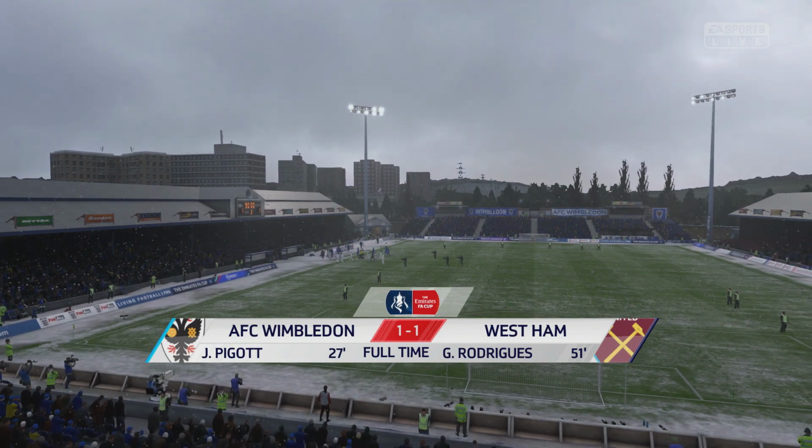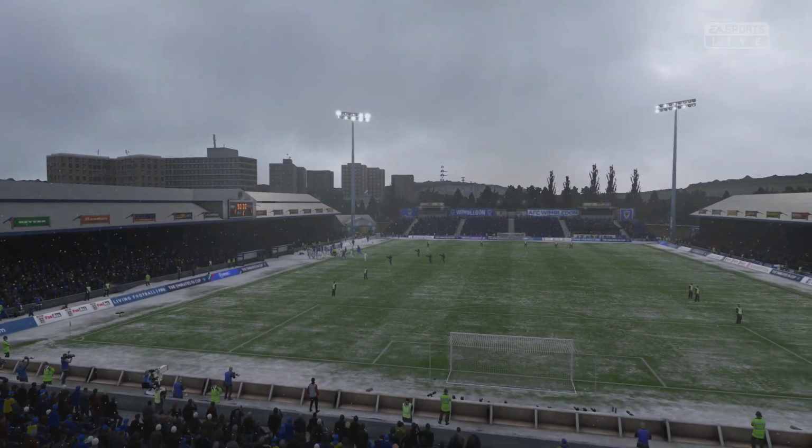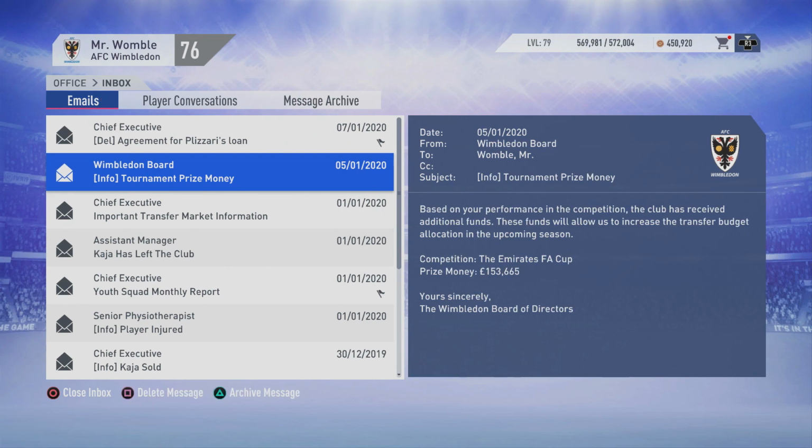It means we're going to get a replay. It means we're going to get more money as well. That is what we want, folks. So, tournament prize money, another 153,000. That's good. Not as good as compared to the 5 million we got given earlier by the Europa League, but